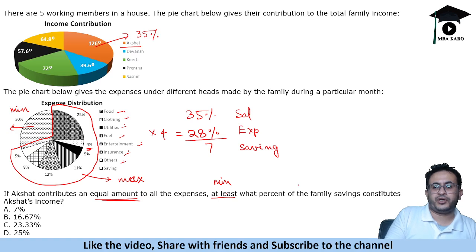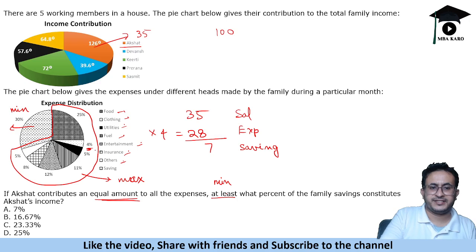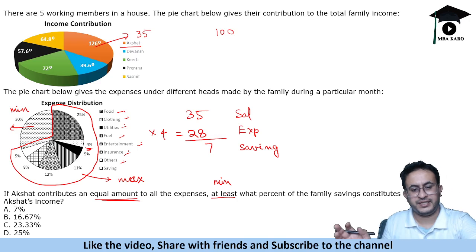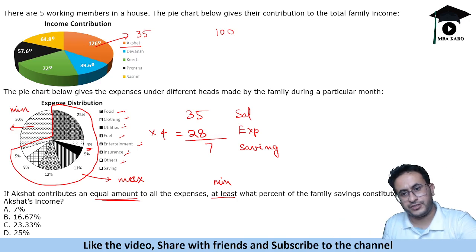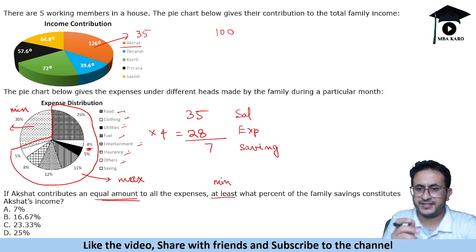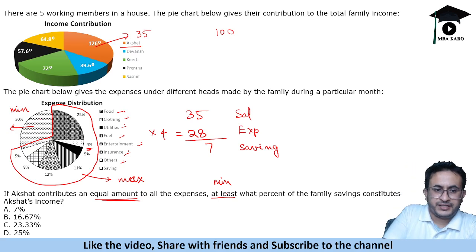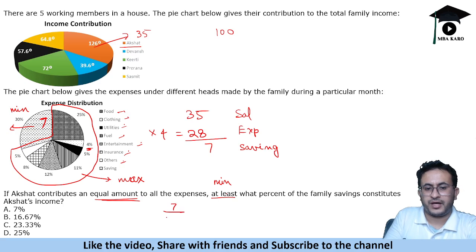Now the question is, at least what percentage of the family saving constitutes Akshat's income? So to simplify, let us say the income is 100. So Akshat's income is 35. Okay, so his salary is 35, his expenditure is 28 because he contributes equal amount to each of the categories. So 7 categories, he has contributed 28 rupees. Now he is saving 7 rupees. Now 7 rupees out of 30 are saved by Akshat. So 7 by 30 into 100. So that is 70 by 3, which is 23.33% is the least